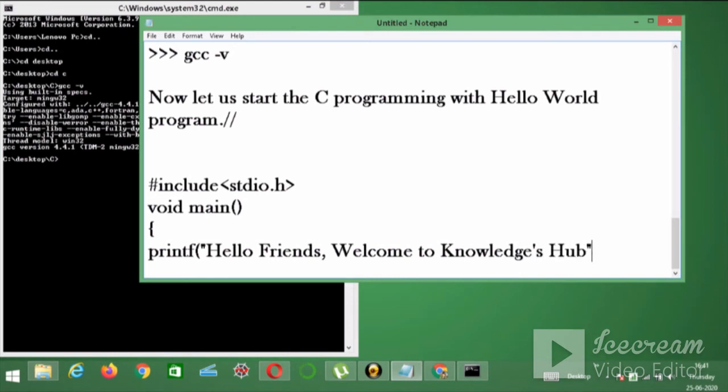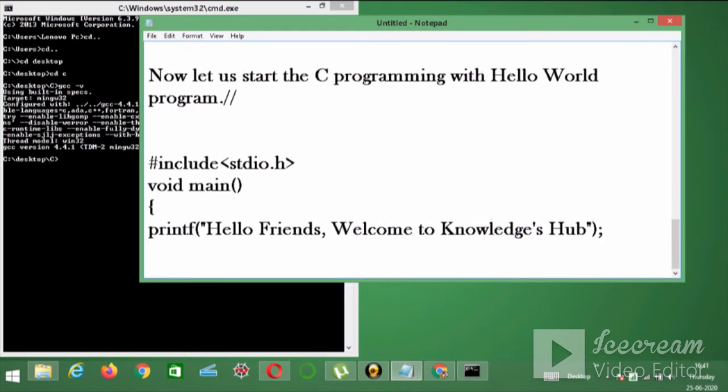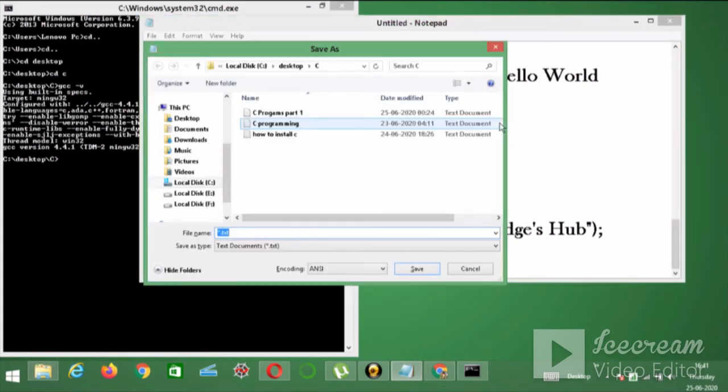Closing the whole text with the double quotation, closing the brackets, then ending the line with a semicolon, and here it ends. Now let us compile it. To compile, we have to first save this. So saving this file with a name, suppose 123.c.